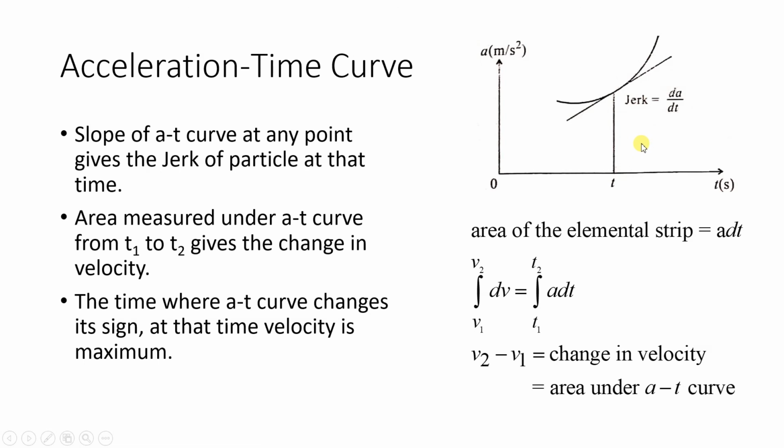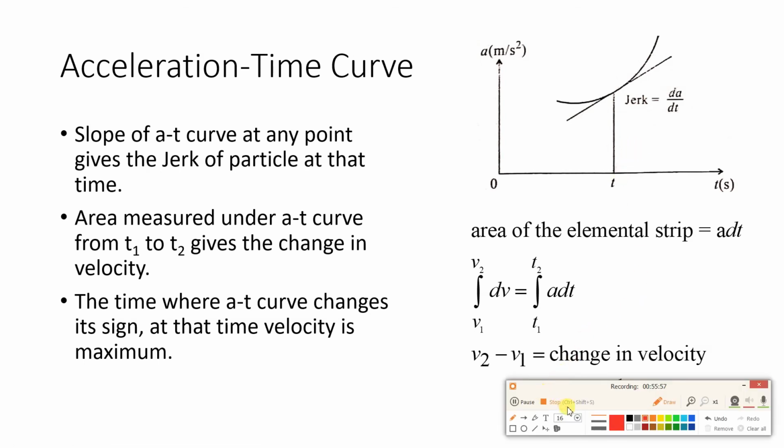Then we will see what is area. So again, what we will consider is a small strip. What will be height of this strip? It will be acceleration. What will be the thickness of this strip, elemental strip? It will be dt, very small thickness. And if you have been given limit over here, suppose this is T1 and suppose this is T2, what will be the total area? It will be integral T1 to T2 A into dt.